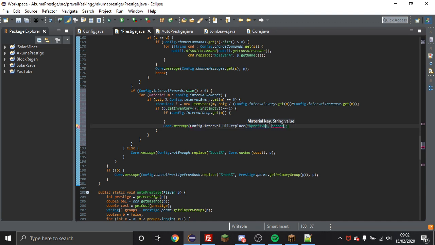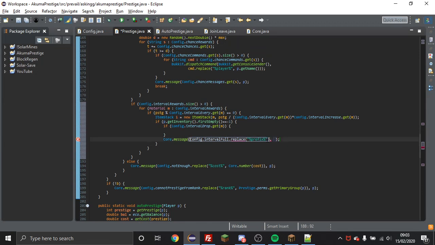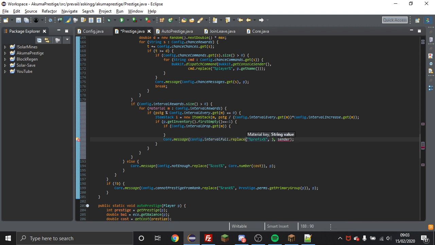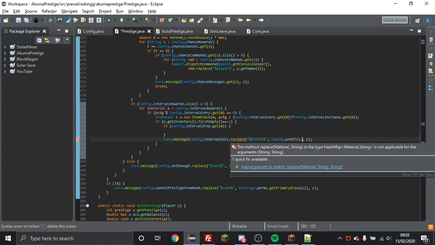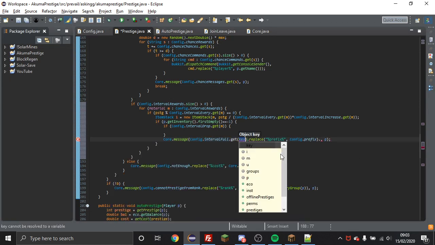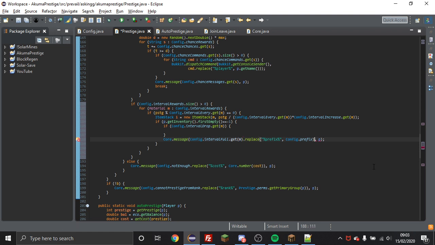Oh shit. No, I don't want to do that, man. Okay, I give up with you. What is going on? Nah, I'm just going to completely rewrite that line. Prefix, and we also need to. Why is that giving an error? Oh, because I never did get m. And then dot replace